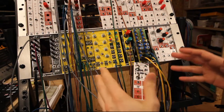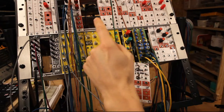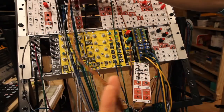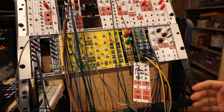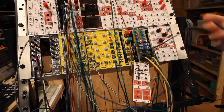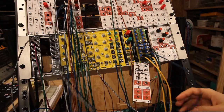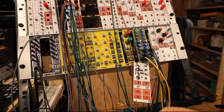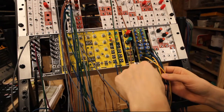So for this to work now, to use both these Baby 8 sequencers to control one VCO, we need to split the clock signal to both sequencers. We can use 2 different clocks, of course, but in this case we do that. Then we need to take the cascade out from the first one, and we need to split that into 2, and 1 of course goes into cascade in on the second one, and the second goes to the gate input of the first